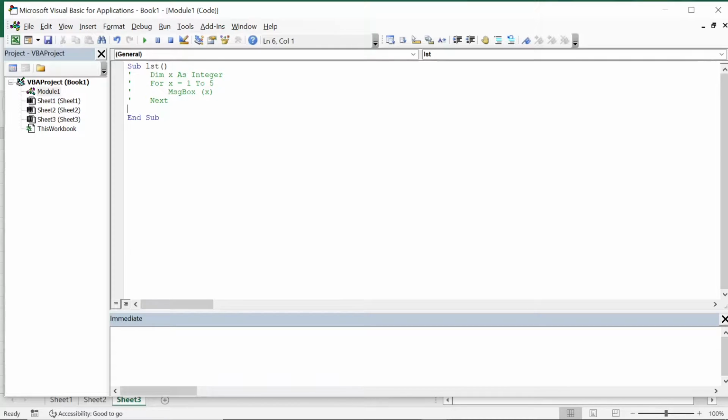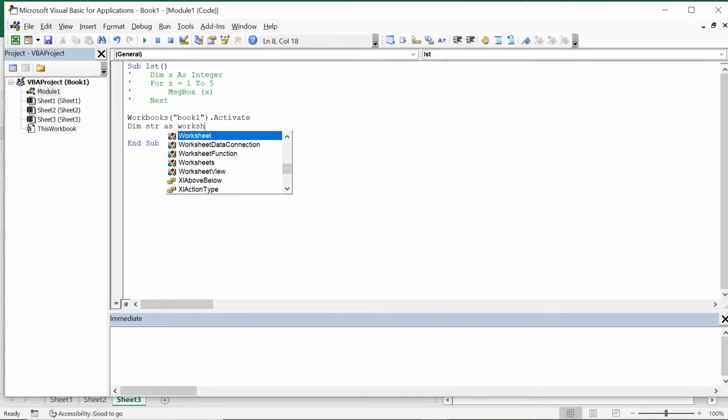Now we'll show the sheet names. We have created sheet 1, sheet 2 and sheet 3. So we'll show the sheet names. For that we have to activate Book 1. So Workbooks("Book 1").Activate. We have activated Book 1 and we will take a str, Dim str as Worksheet,